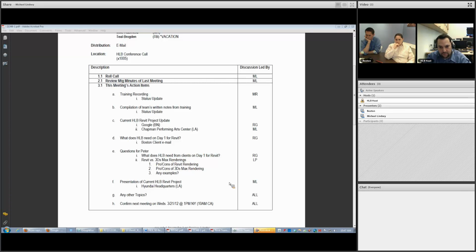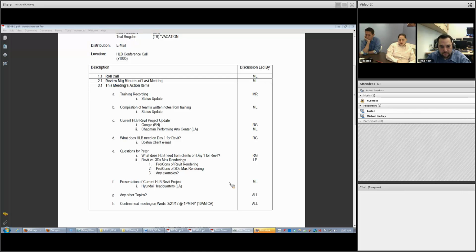He had a few examples that he could show us to illustrate that point. In researching it, I did find that time seems to be the biggest constraint for rendering within Revit, and that 3D Studio Max renders at a quicker speed.